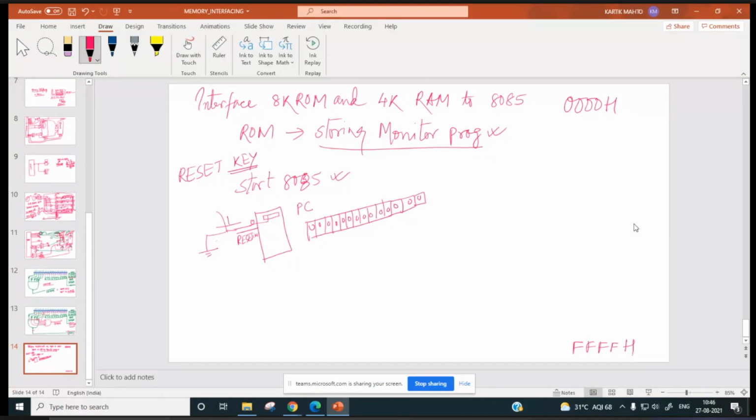So 0, 0, 0, 0. Next four will be 0. Next four will be 0. Next four will be 0. So our address is 0000H. Whenever we reset, program counter resets to 0000H. And what type of instruction has to be written over here?